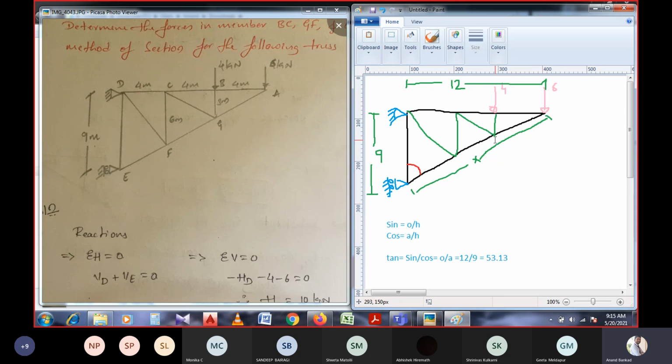Why I am asking is because whenever you start solving the problem, the angle of inclination must be well known to solve the problems. If you are weak in calculating this angle of inclination, then it is a very sad thing, because the problem will not be solvable by yourself.